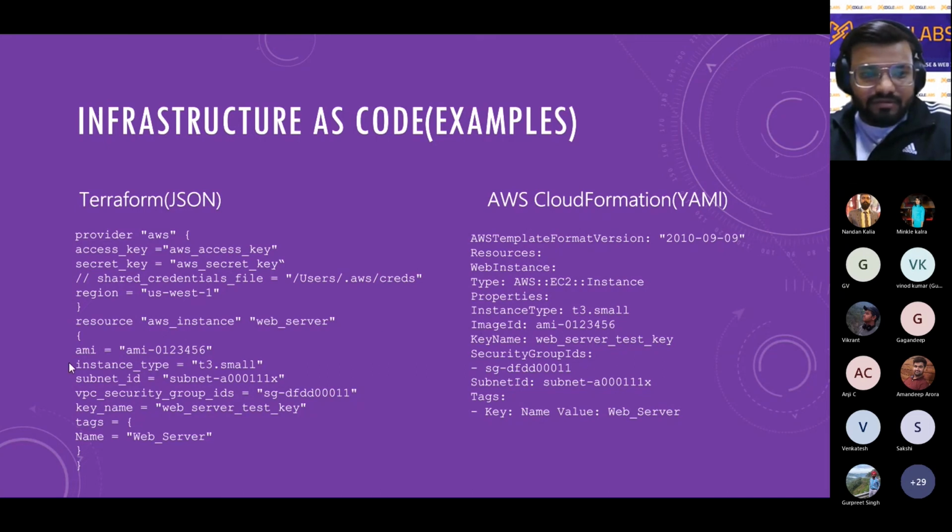Similarly, there is instance type, where we put the type of instance that we are using. And the same goes for tags. Tags are used to provide a name for the resource that we are creating. So these are a few examples.